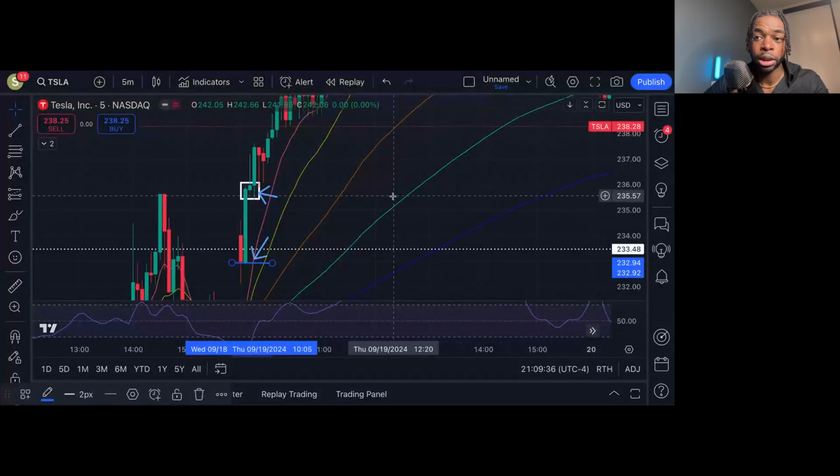It's Mr. Fit to Flourish, and today I wanted to talk about how to react to key levels and how to play key levels. And the first thing I wanted to talk about when it comes to key levels would be trends. So you need to understand where the trend is and how to play those key levels based on the trend. So overall,